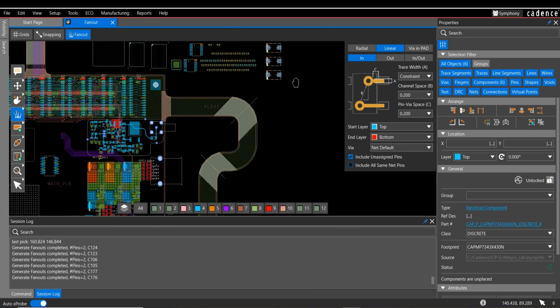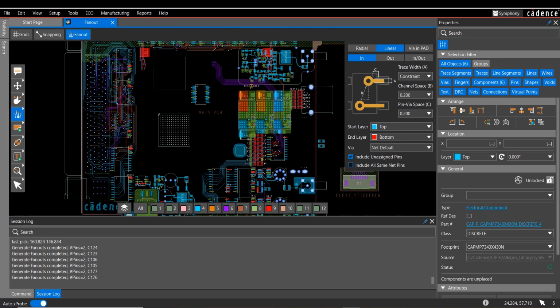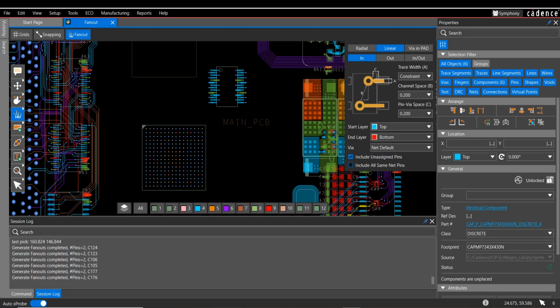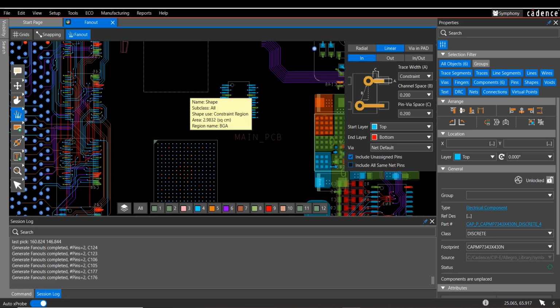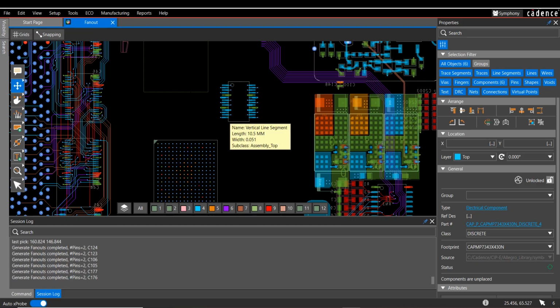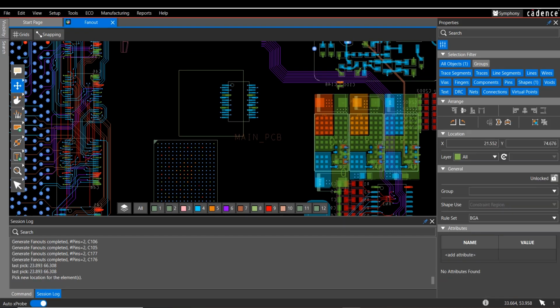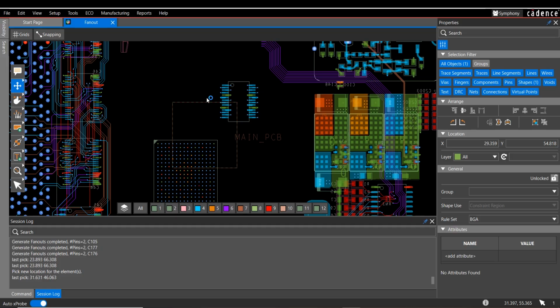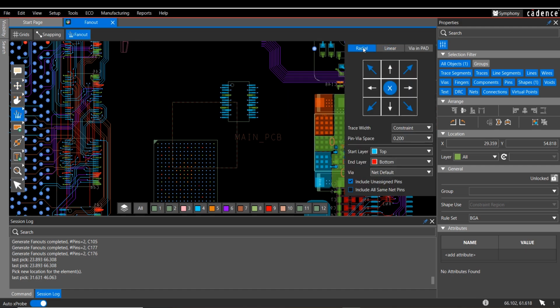And then finally, let's talk about constraint regions. For this example, I have this constraint region right here. I'm going to move that constraint region down here so it kind of covers a little bit of both parts. Normally you wouldn't really do this in a design, but this is going to illustrate how constraint regions work with respect to the fan out. So the constraint region is basically saying inside this region, the line widths need to be a lot smaller. And so if we go back to radial fan out, and even though we have the trace width set to constraint, if we were to fan out this component here,